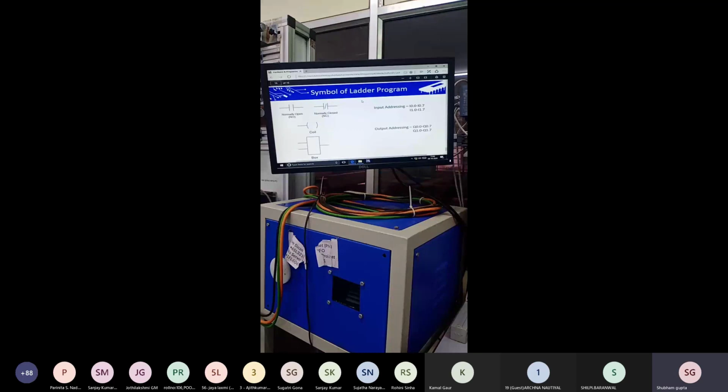Okay. And in a PLC, anything we connect has an address. It connects on a fixed address. When we connect anything to an input, it has an address: I0.0 to I0.7 and I1.0 to I1.7. It has just an 8-bit address. And in output addressing, we use Q0.0 to Q0.7 and Q1.0 to Q1.7. Okay? Let's go to the programming.